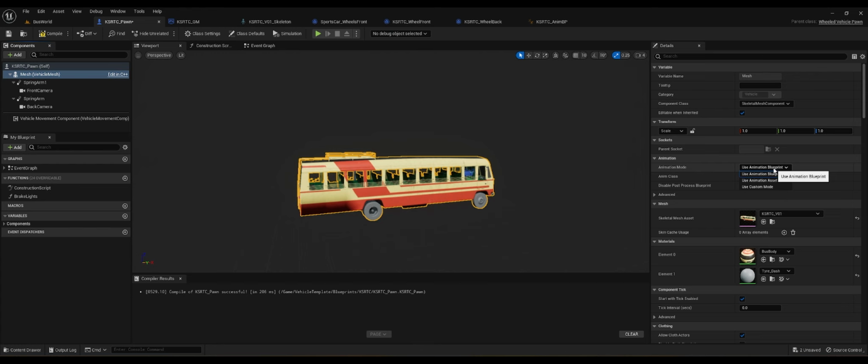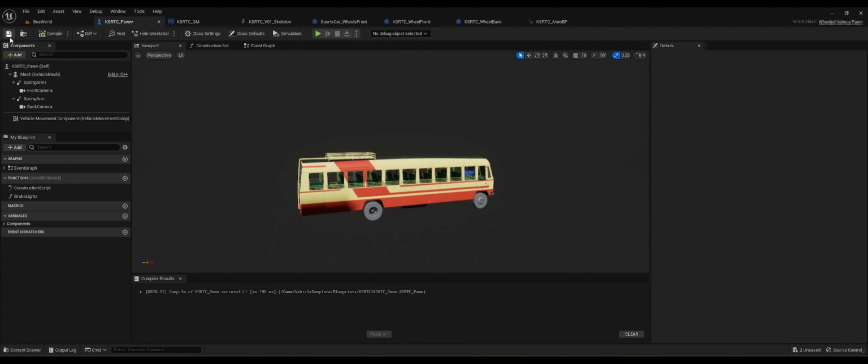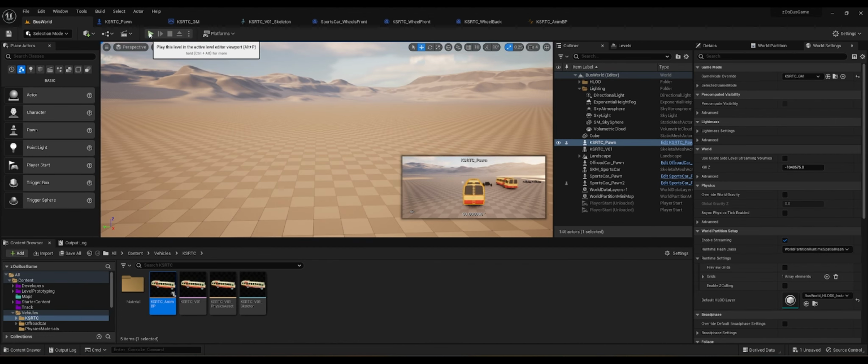We can also animate without that blueprint, but this is the easier way, so change it to use animation blueprint. Compile, save. Let's go back to our bus world and hit play,